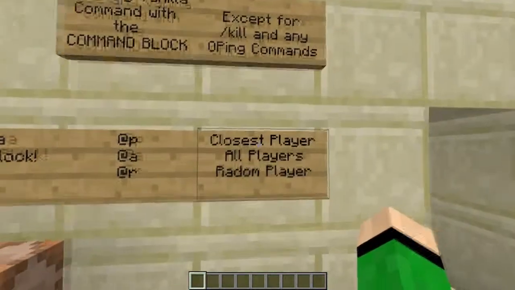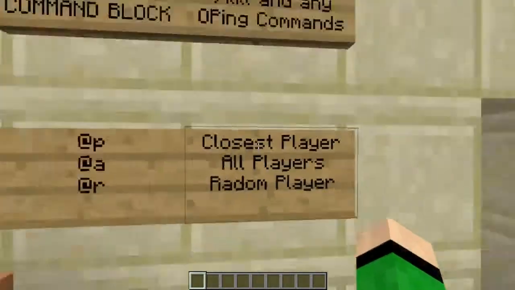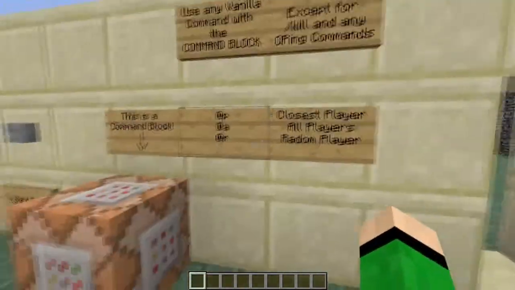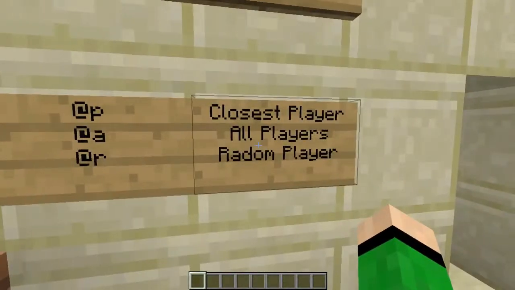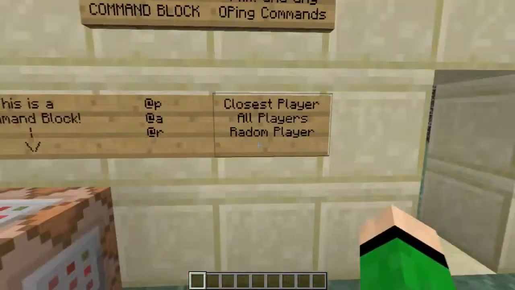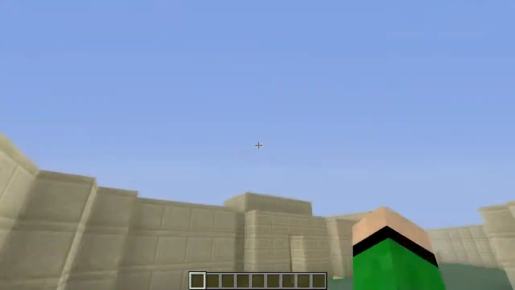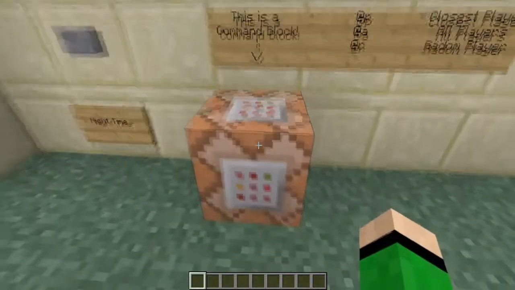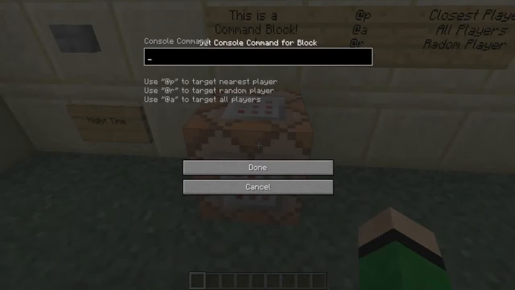@P means the closest player to the command block whenever it's commanded. @A means all players, so that's every player on the server at that moment, and @R is a single random player. Now, I'll get into that more, but whenever you right-click a command block, you get this sort of menu,